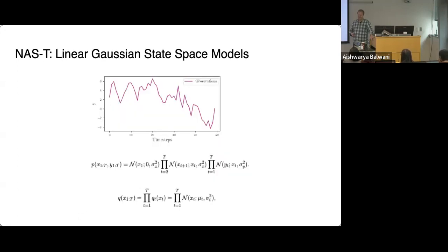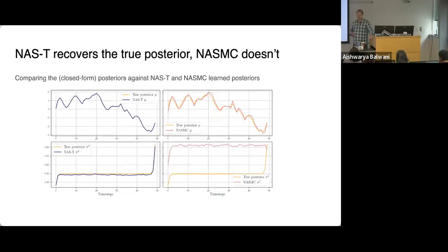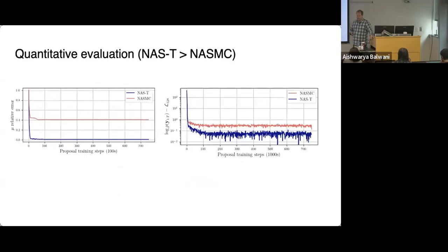So, does this all work? We have been testing this out. Now we're moving from 6.0 to some of our very recent extensions of this, the reweighted wake sleep using these ideas. And linear Gaussian systems is a nice playground to check if algorithms are working and how they differ from one another. So what we find is that when you use the new method versus the previous methods, there's a big difference in the posterior distributions you get and the proposals that you learn, especially in the variances, which is maybe unsurprising. But this is just linear Gaussian stuff.